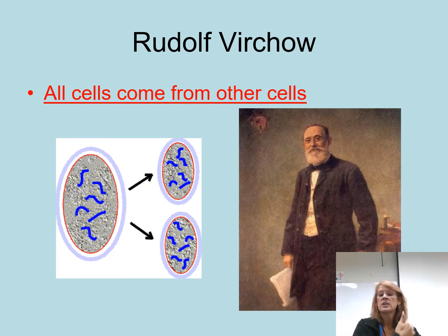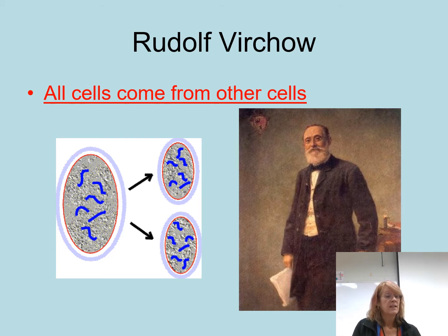And Virchow is the first gentleman, again, that we give credit to for saying that cells come from other cells. Now, there will always be an evolutionary viewpoint when we look at biology, and the fact that things just don't spontaneously form. However, the question has always been, where did the first cell come from? But you have to have cells to make cells. They have to reproduce. Just like you have to have a mom and dad, or two parents, to make a child. You have to have organisms to make an organism. And so he is the first gentleman who said that all cells come from other cells.